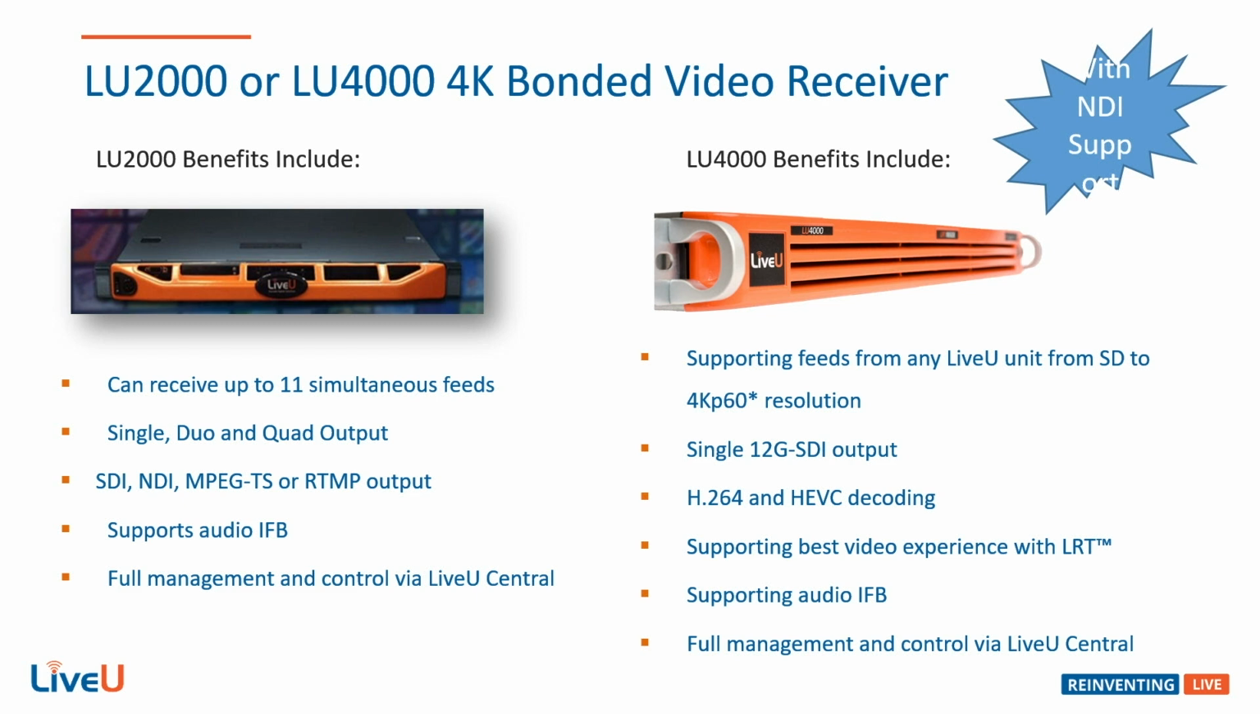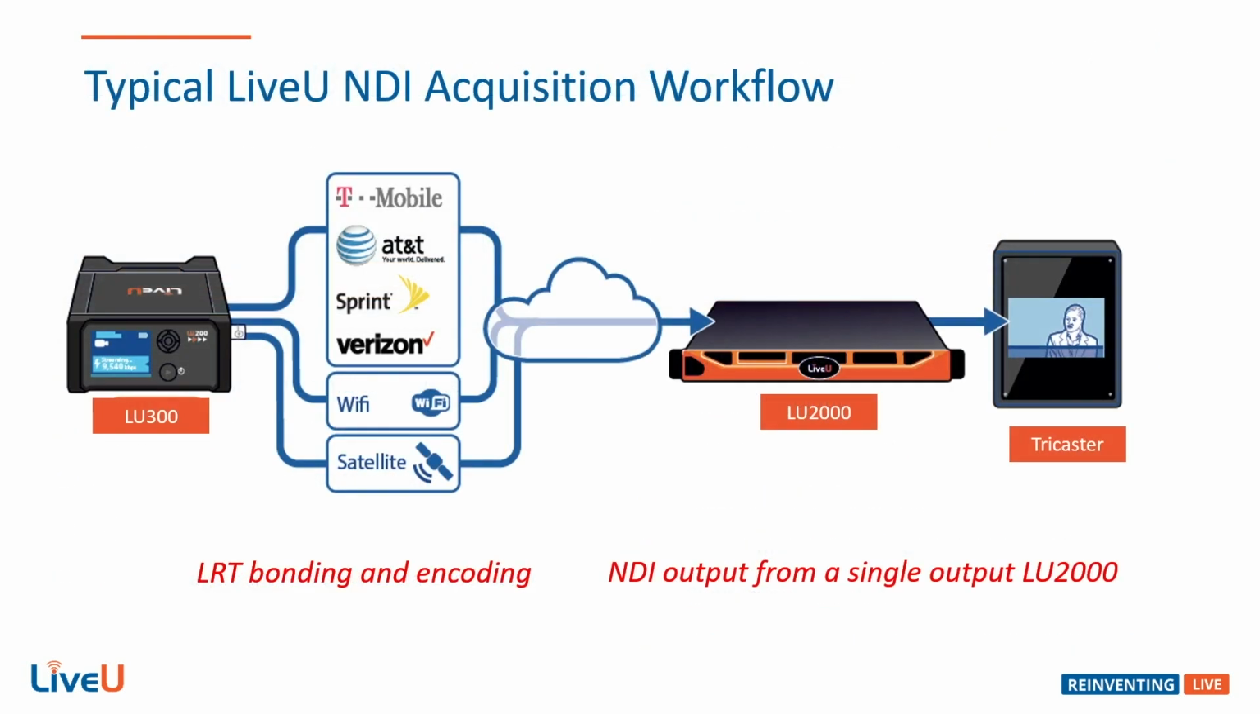So those are the two key elements you need in this NDI workflow to connect into the Newtek environment that we'll show in just a minute. So the typical LiveView NDI acquisition workflow is you have a field unit like our brand new LU300. It connects and bonds all of these connections that I mentioned with the streaming units. And then it sends the output to a server. The server then sends it into the TriCaster, whatever you're using, whether it's a Mini, TC1, you name it,